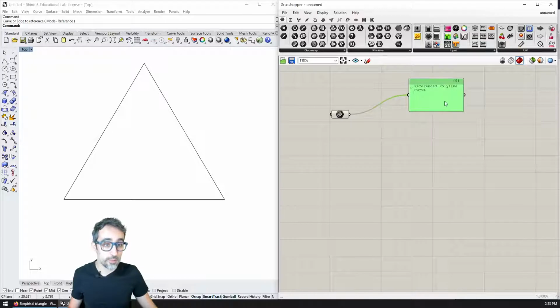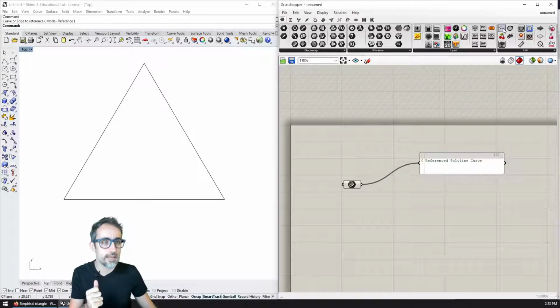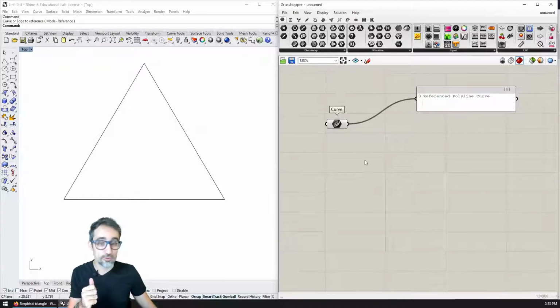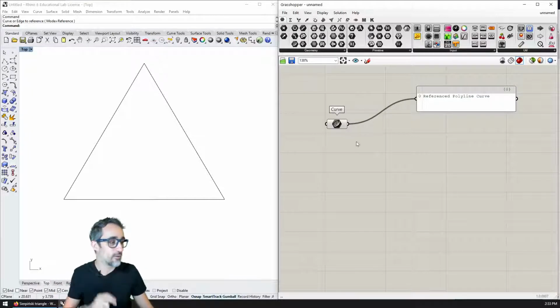I'm going to drop a panel because I like having panels so that I can see what's going on in the wires. And then I'm just going to drop in here the Bifocals plugin so that those of you who are not icon people can at least see what these components are.